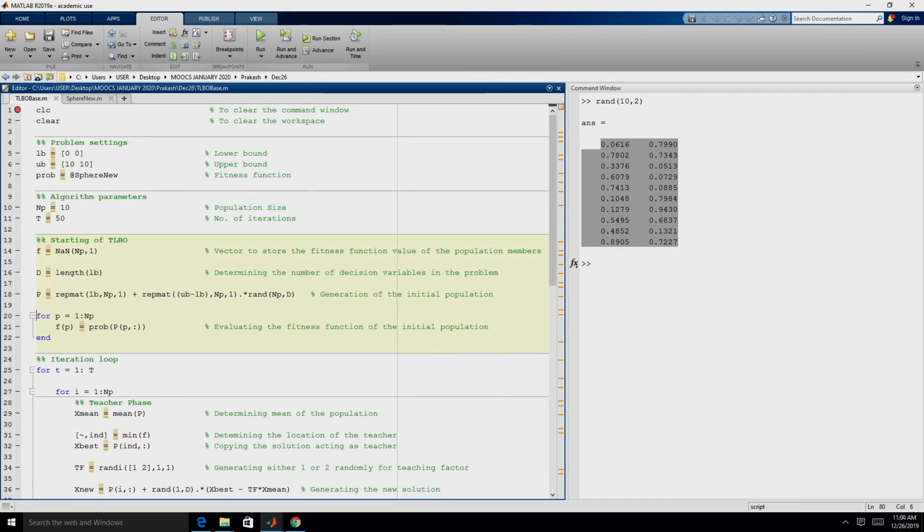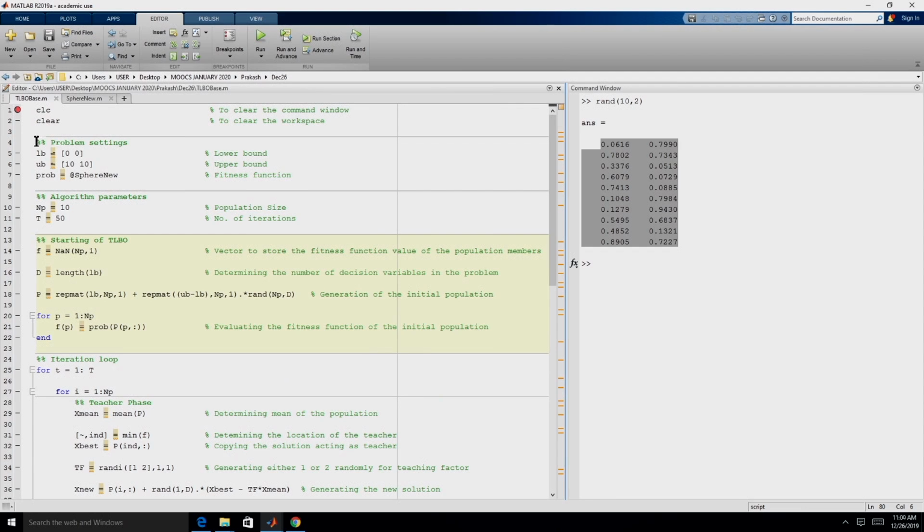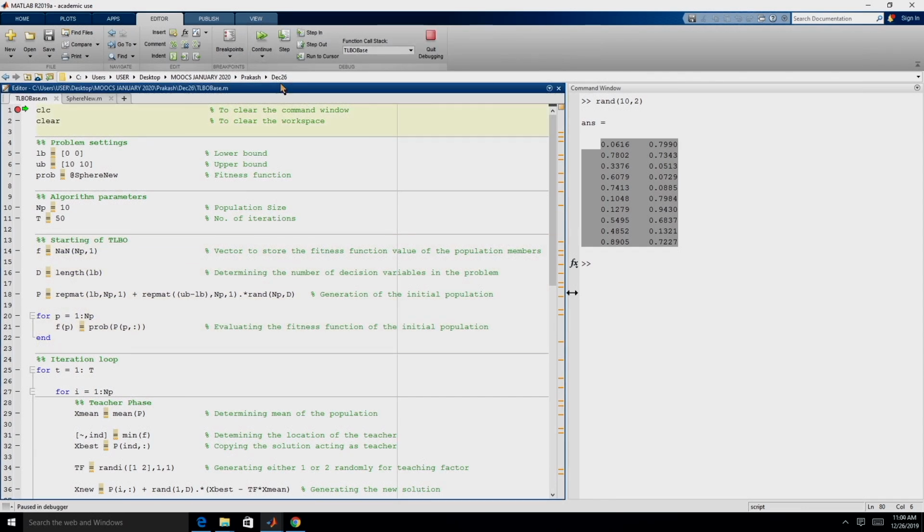So, let me now execute this program in debug mode and put a breakpoint at the very first line, so we would know what is happening in each and every line and can see the execution. Let me execute this program. Now MATLAB is about to execute the first line. If we say step, it will execute the first line.